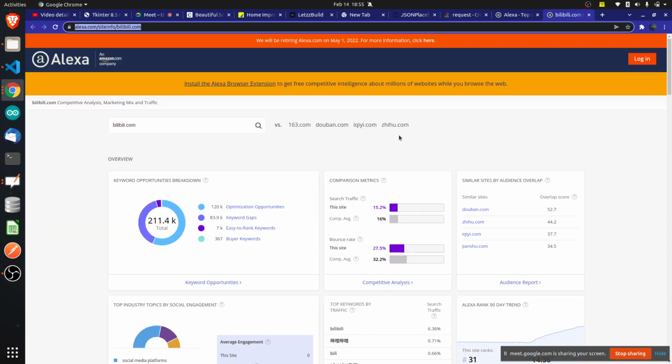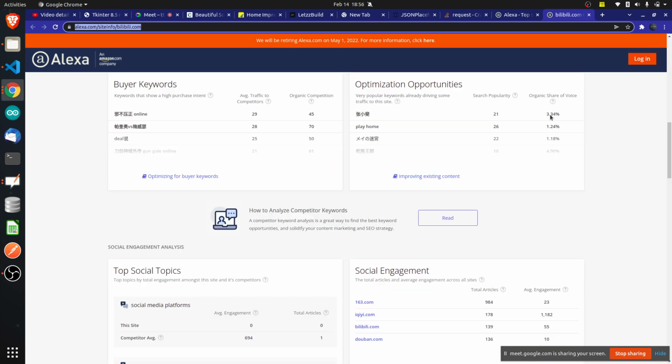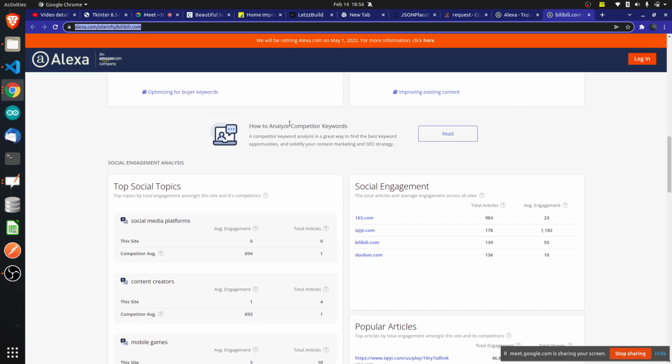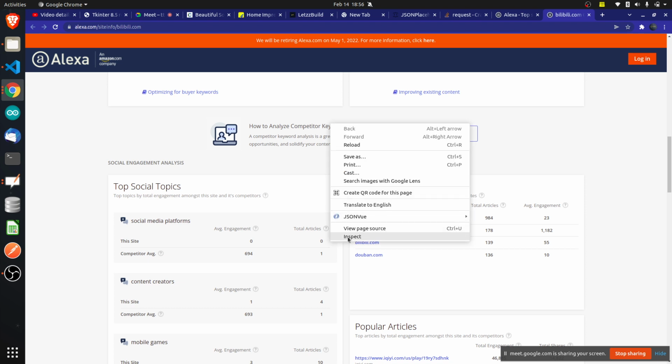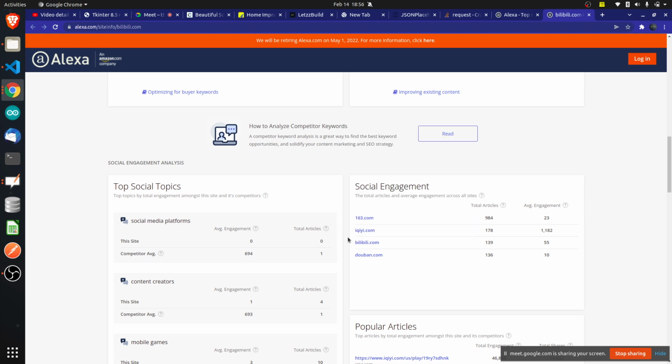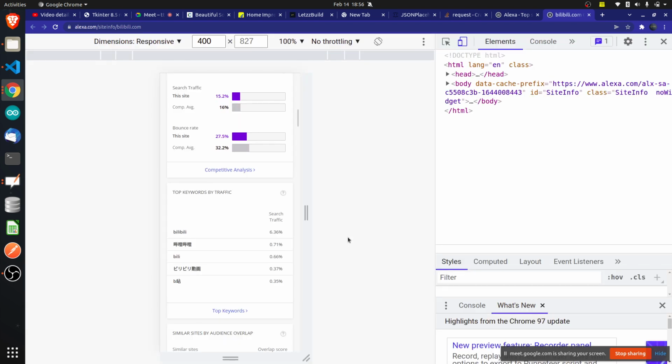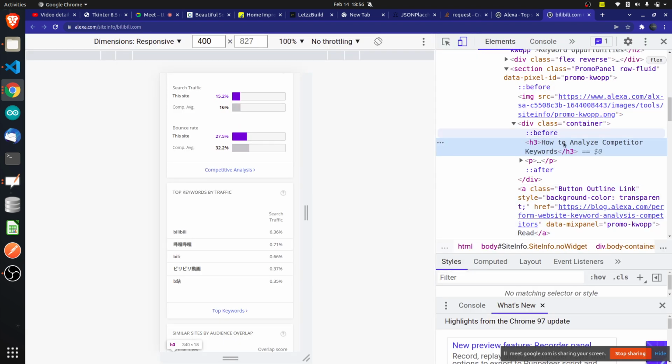Now let's do one thing, okay? To make it more clear, you must be not understanding a few things, okay? So let's say that I want to get this information. Whatever information is there, I want to actually get it from this website and store it inside my program. First thing is right click this, do inspect, check what is the tag that is given for that particular element. H3 tag is there. See here, how to analyze.